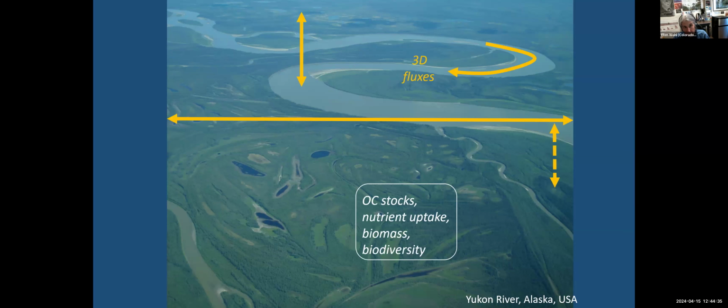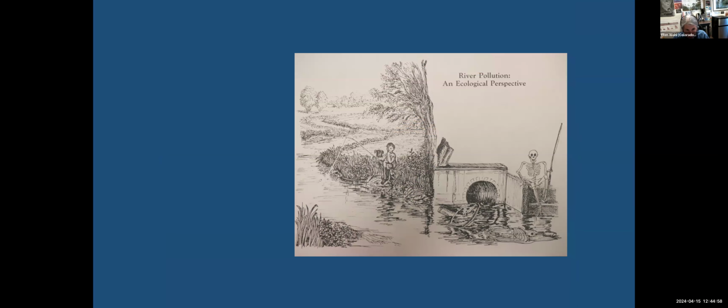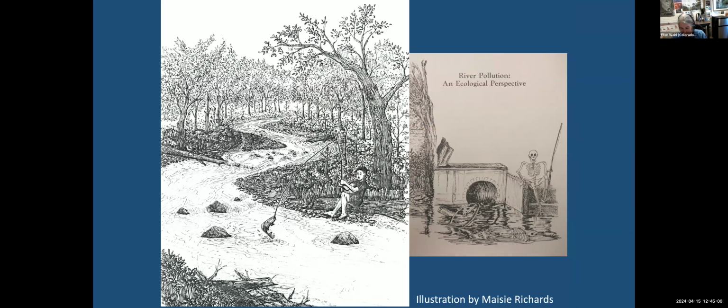So I want to leave you with this idea that when you look at a river, you will think of these three-dimensional fluxes and the patchiness or heterogeneity and some of the effects of that. Think about that occurring in the context of a river corridor and think about the processes that create and maintain that. So if I come back to that parrot image that I started with, I asked one of our grad students who's a good artist to rethink the boy and the dog. And I'm not sure what happened to the dog, but the boy is catching a fish now. And there's a little more heterogeneity in this.